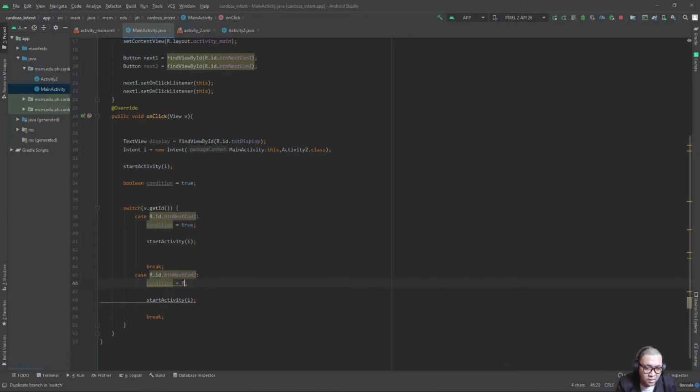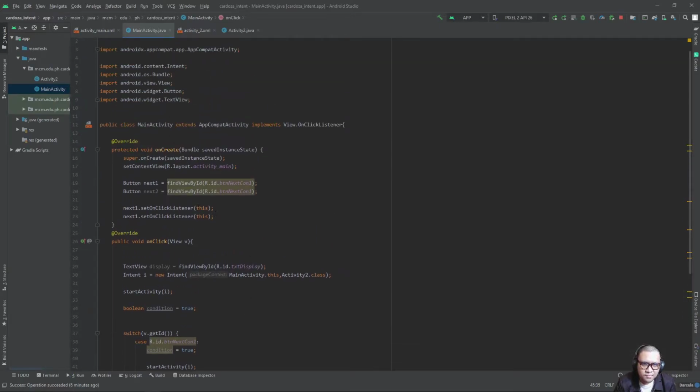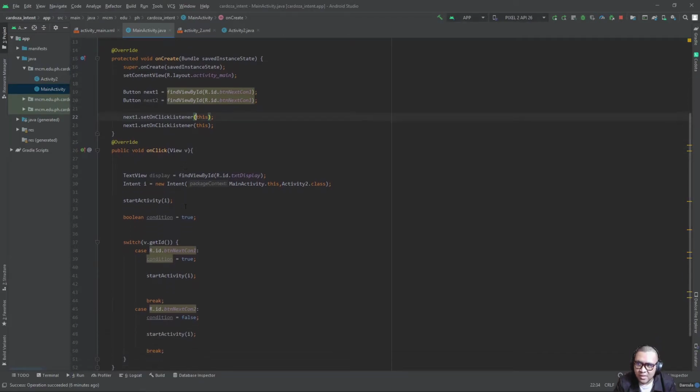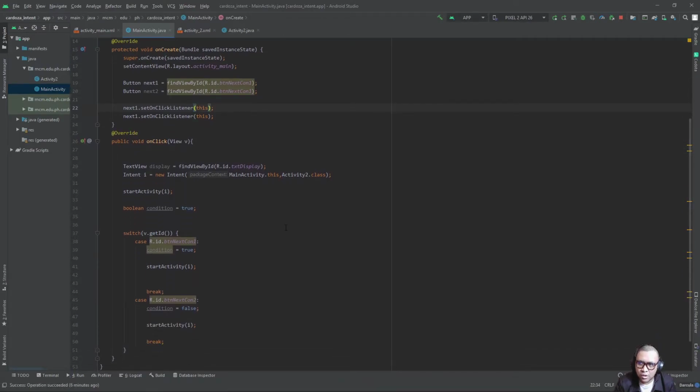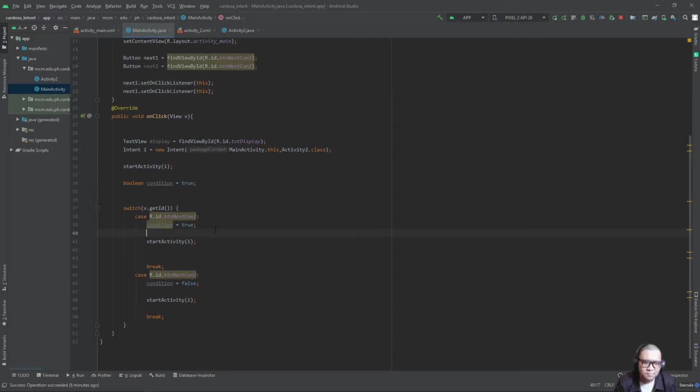The other one being false. So we would like to transfer data from our main activity here, going to the second activity. From main activity here to our second activity. So let's start by creating the intents to allow us to pass data from a single